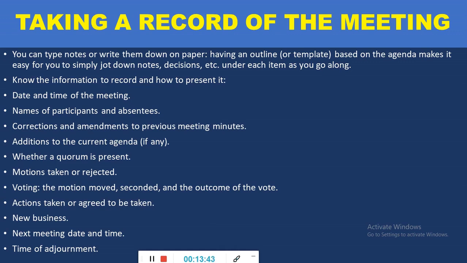Then, after all the deliberations, of course, you have to think about the time of adjournment. The time that the meeting comes to a close becomes the time of adjournment, and then after that you take note of the next meeting, the date and time of the next meeting. All right, so these are the various things that you must take record of when the meeting is going on,